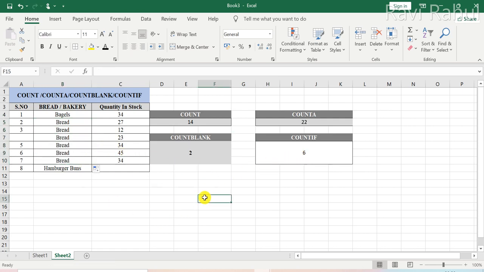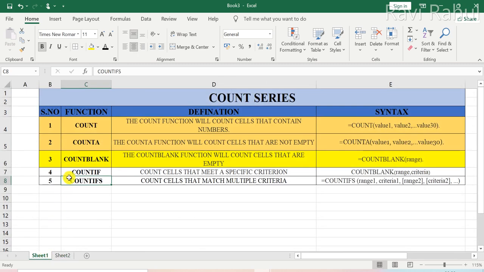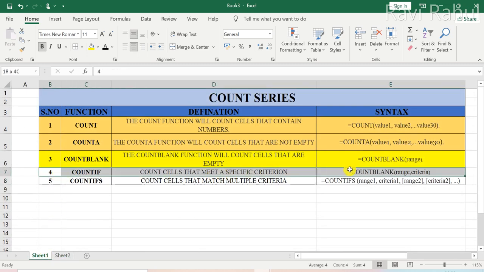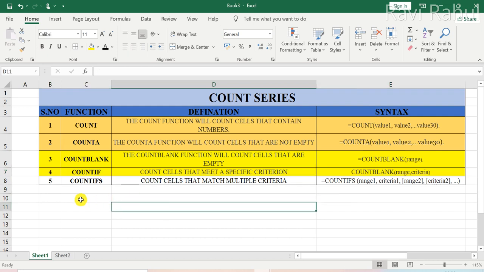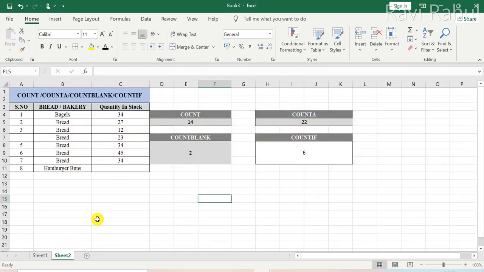Okay. So now we're done with COUNTIF, which will generally count the cells that meet a single criteria. Now moving forward with COUNTIFS, this will count those cells that match multiple criteria. So let's take some other example now.